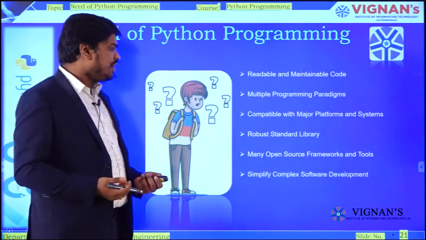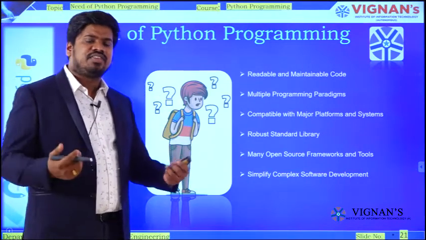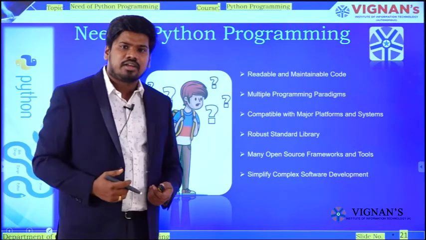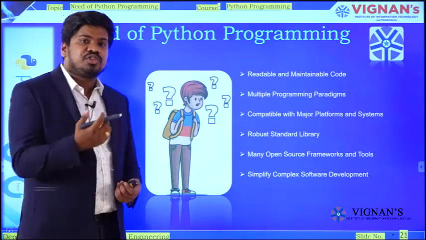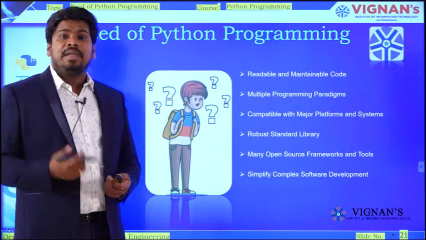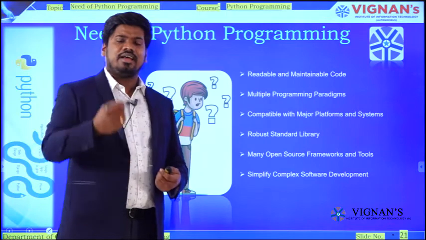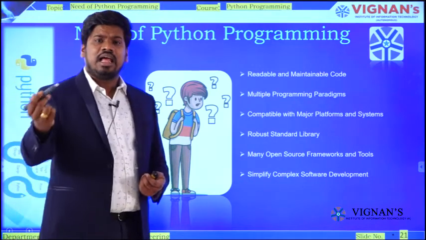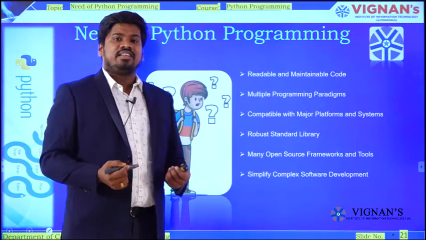And next one, simplify complex software development. For example, if a non-technical person, say a CSE student, wants to work on mathematics problems in a machine learning environment, instead of choosing C++ or Java, if I choose Python, I can make things work easily. No need to worry about how to develop code from scratch, because readily available libraries are there. I'll import those libraries and make changes. That's it. No need to worry about everything.